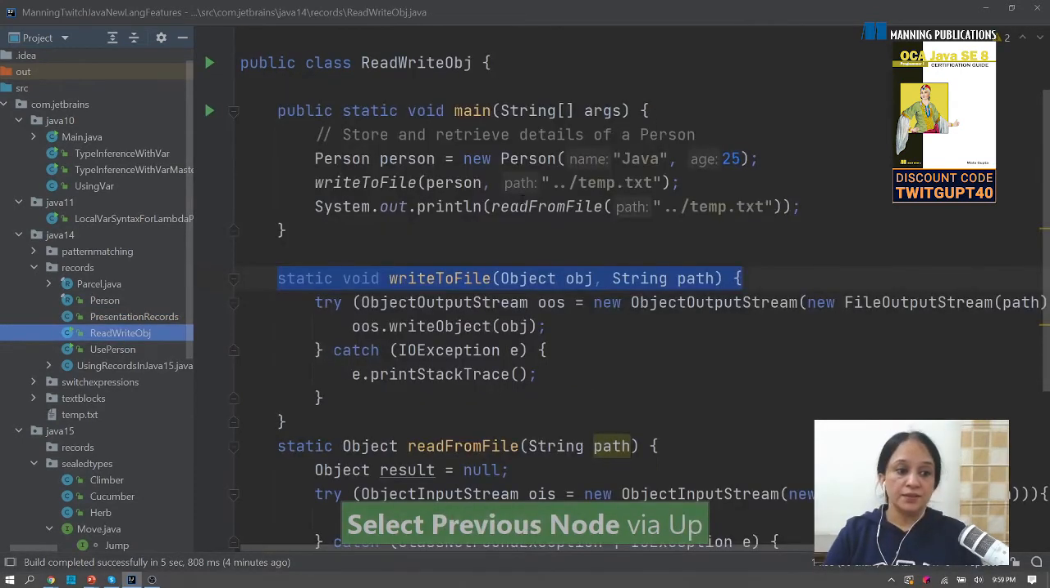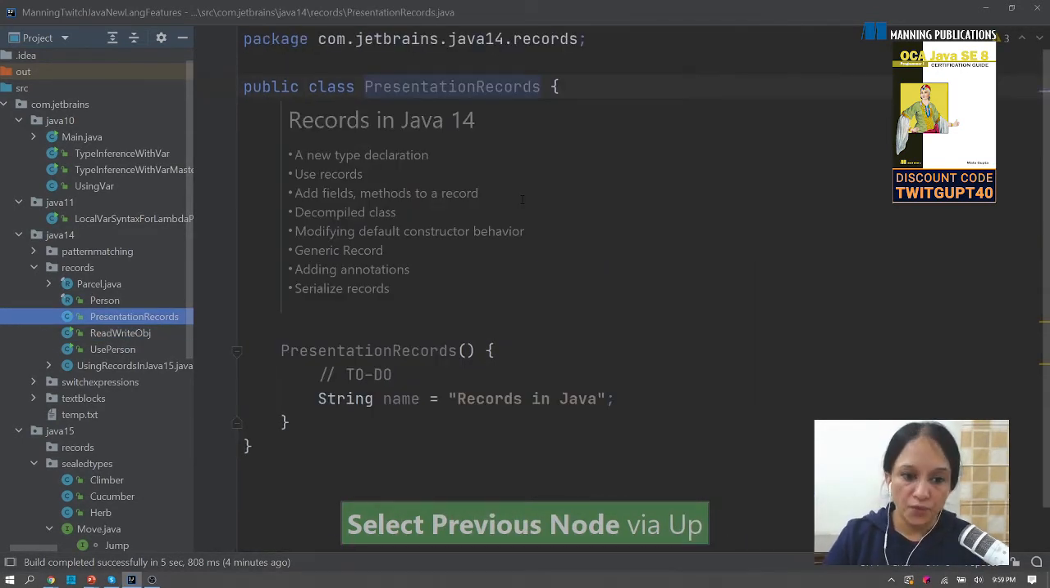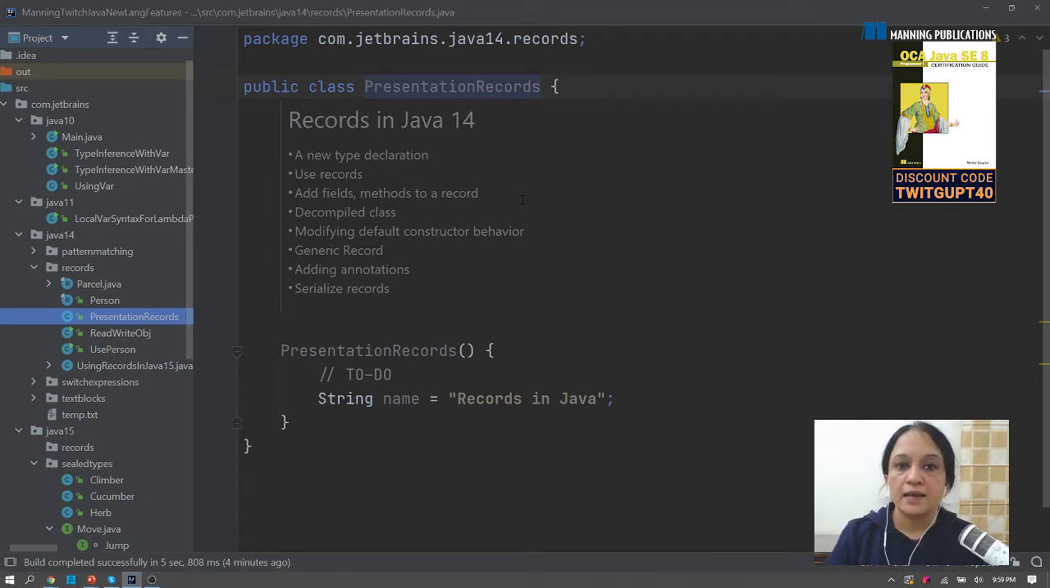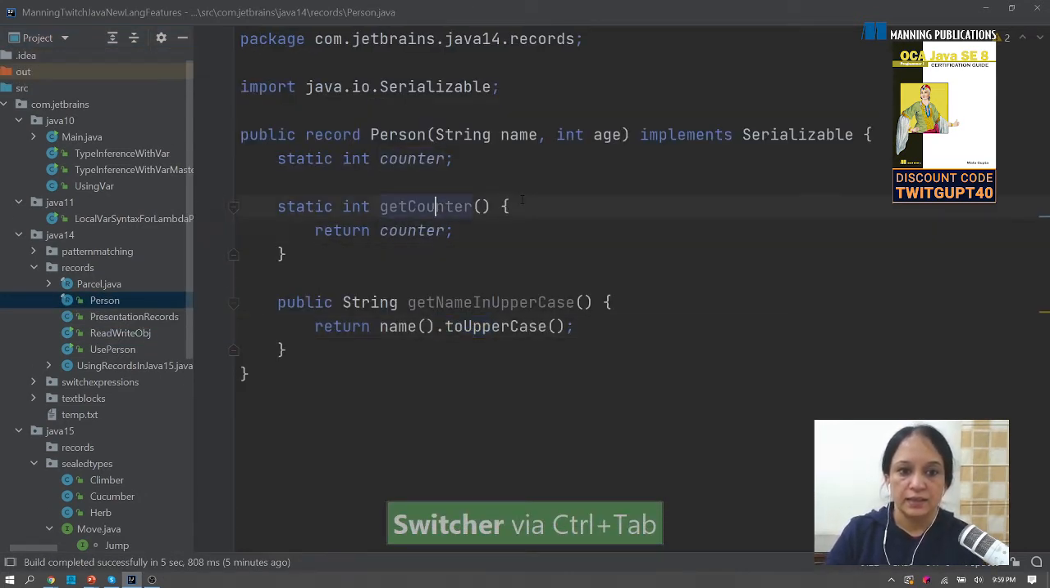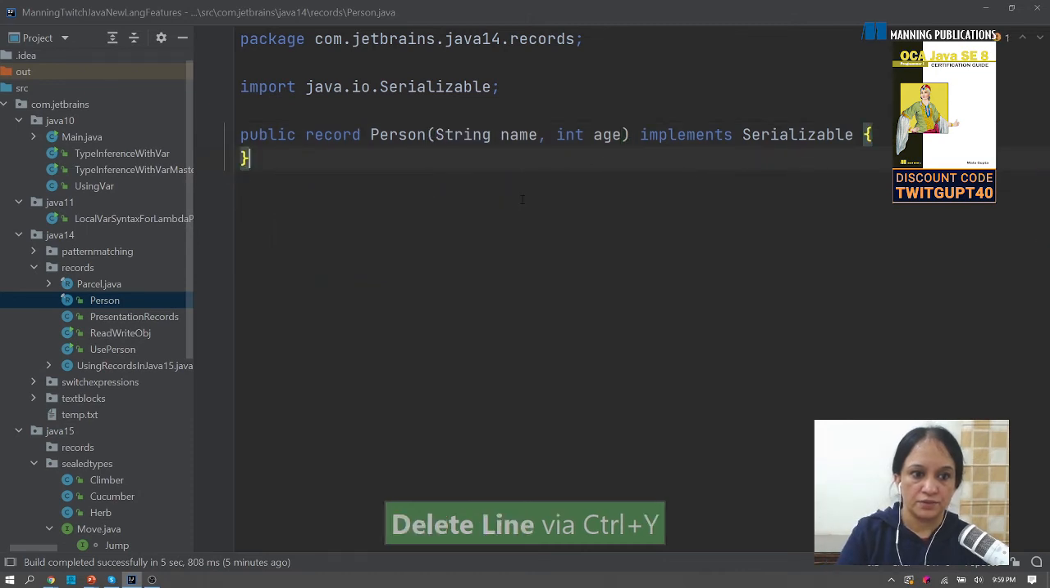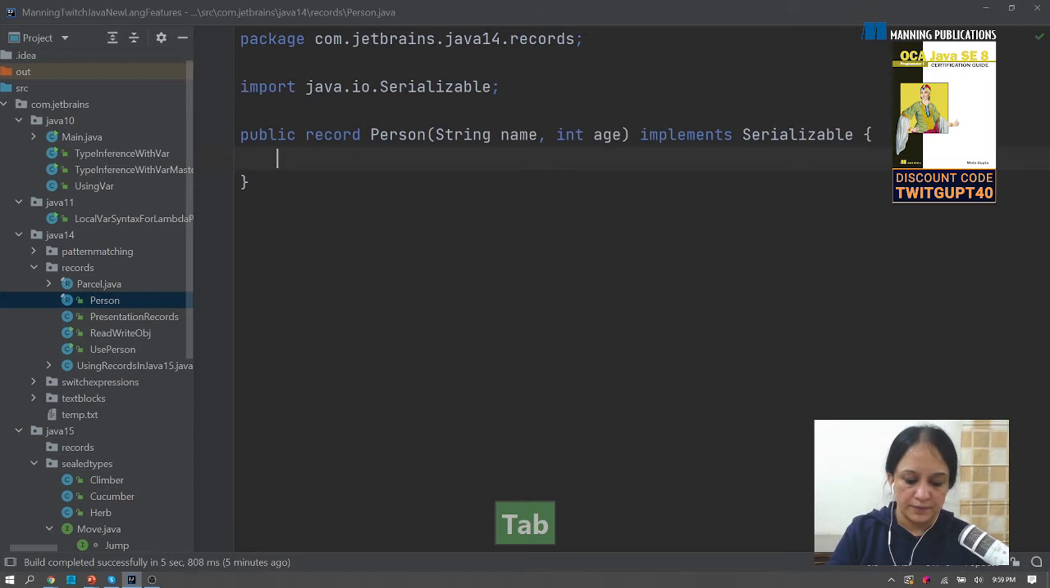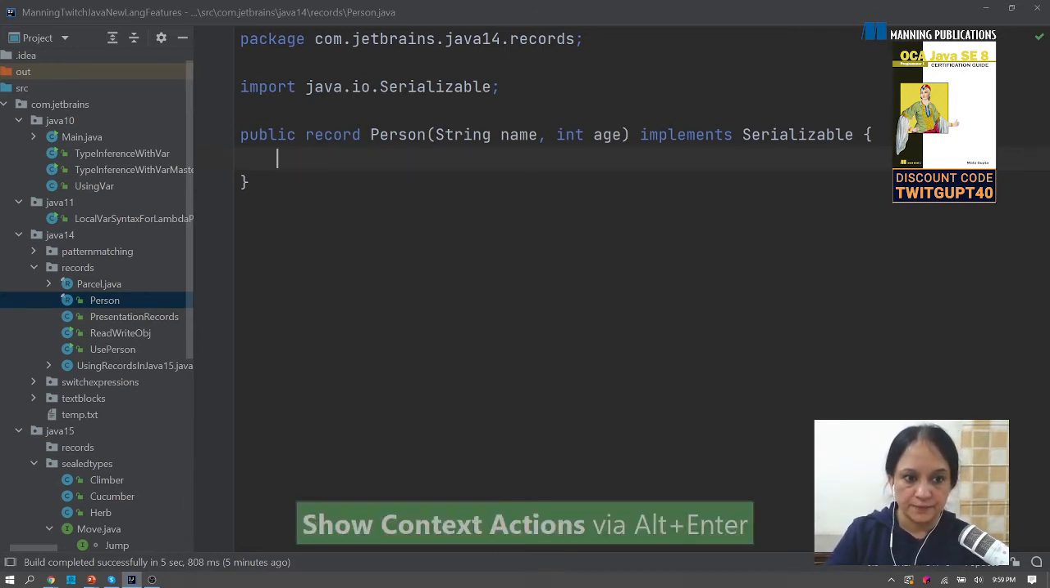Okay, yes, the other important point I missed is, can I add another constructor? Can I overload the constructor? Can I modify the default behavior of the constructor? Let's see if we can do that. Let me get rid of all this code and let's say I press alt and insert, and okay,